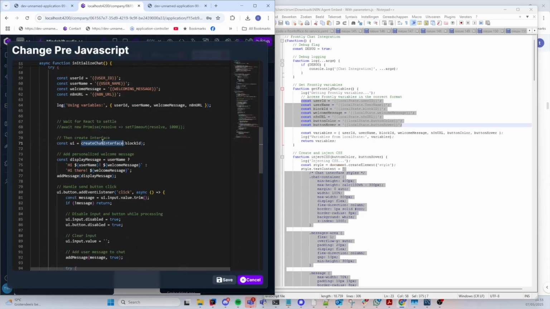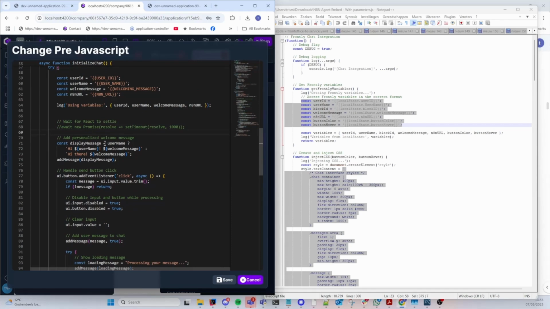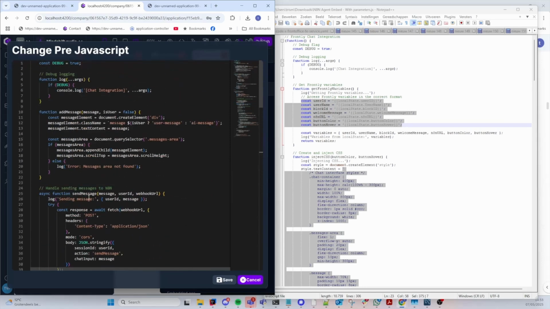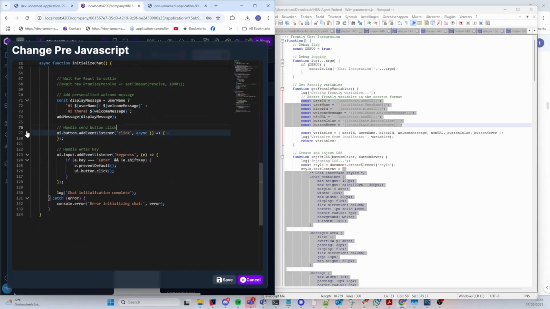So create chat interface, we don't need that anymore because we have the chat interface. We do need a display message, add a personalized welcome message. So this is based on the username and the welcoming message. So this calls the add message, so that's fine. Then we have UI button add event listener. I think we'll have to do this in another way. I think we'll have to link it to the button. So let's keep that open for now. Let's leave it like this, and then UI input add event listener, key press, and then log